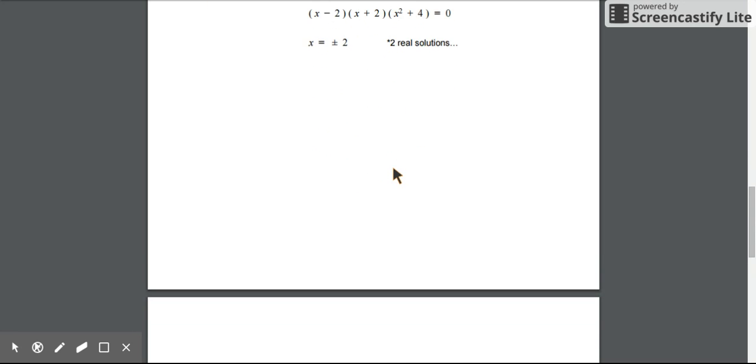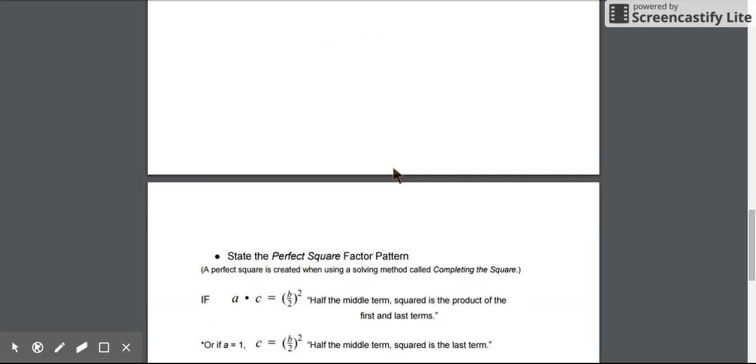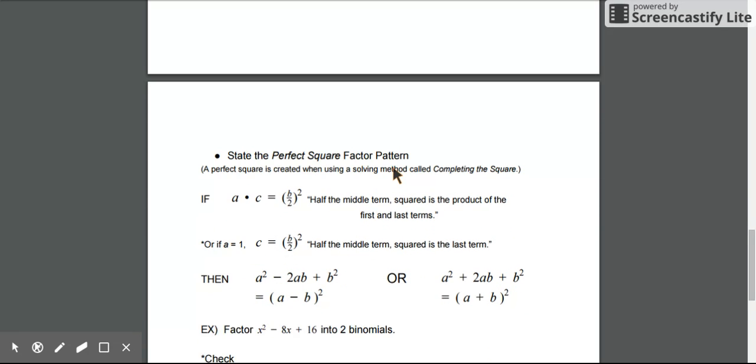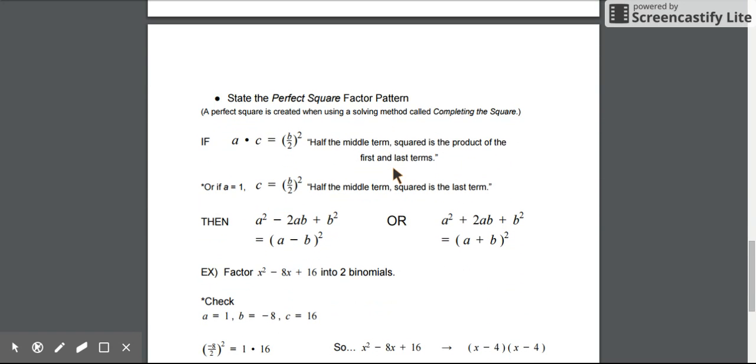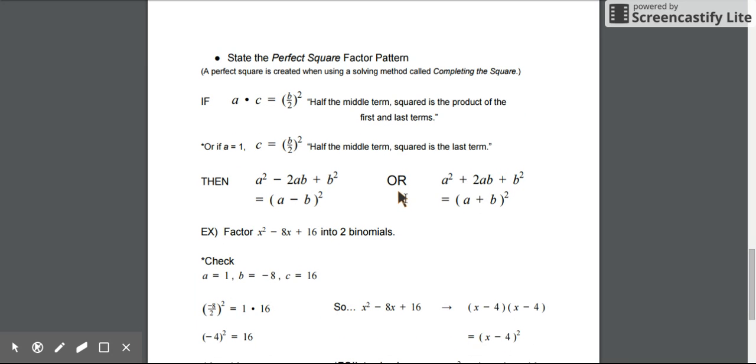So that's a difference of squares. Let's talk about the second special quadratic. It's called a perfect square, and there's a factor pattern that helps us take a shortcut if we can identify a perfect square. A perfect square can be created and used to solve a quadratic with a method called completing the square. That's an Algebra 2 level skill or beyond. I'm not going to focus on that yet, so we're just going to focus on identifying a perfect square and